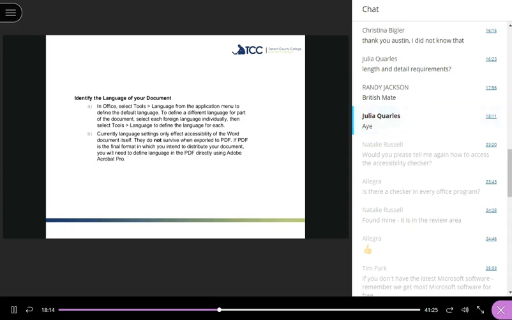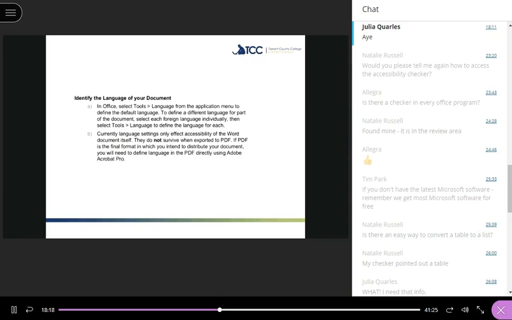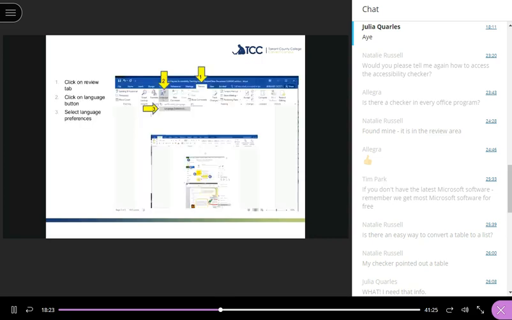Cool. So with that being said, I'm going to show you guys where this is and how you change it in your own Word docs. So you can see right here, I'm going to go to the next image. If you click on the Review tab inside of a document, and then you click on the Language button in step number 2 there, you will have a drop down that will have Language Preferences.